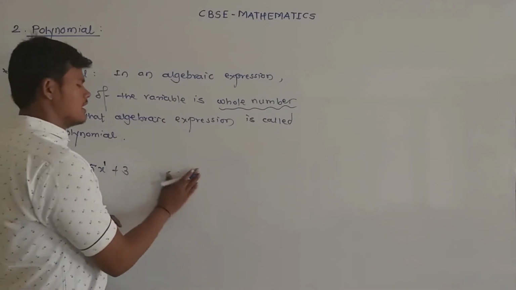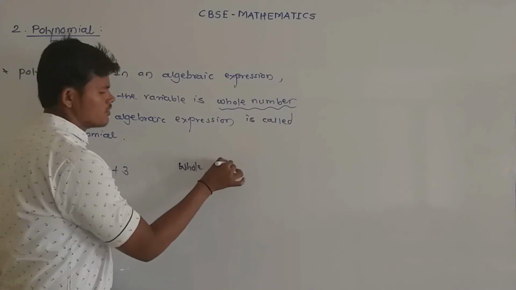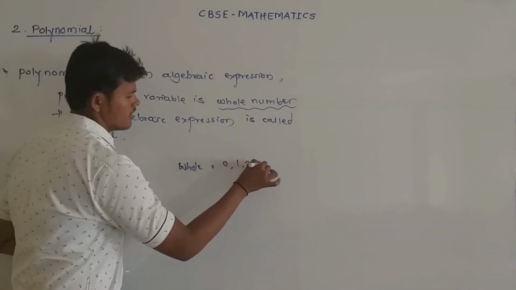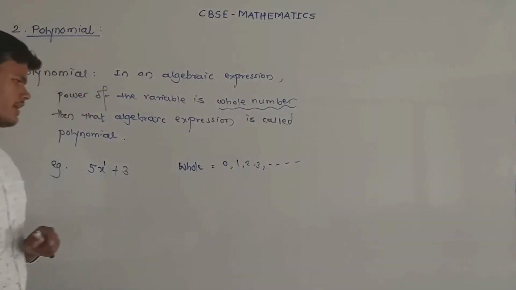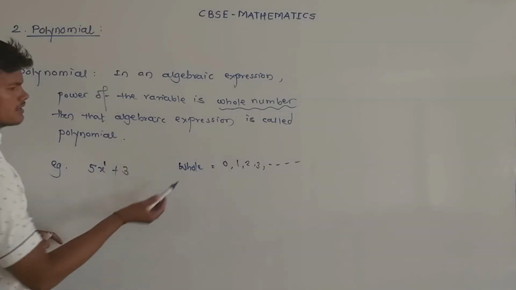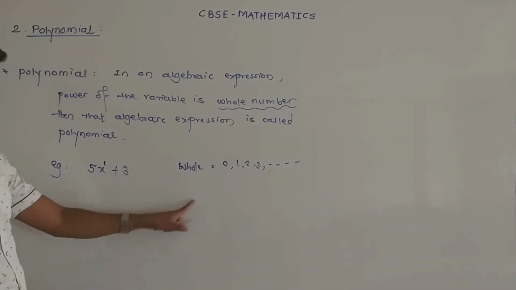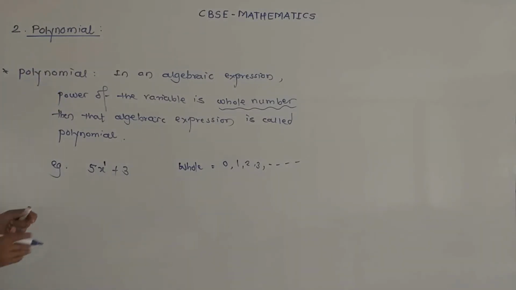So first of all, tell me what is a whole number. Whole numbers start from 0, 1, 2, 3, 4 up to infinity. That means if the powers of the variable start from 0 and include all the positive numbers, then the given expression becomes a polynomial. For example,